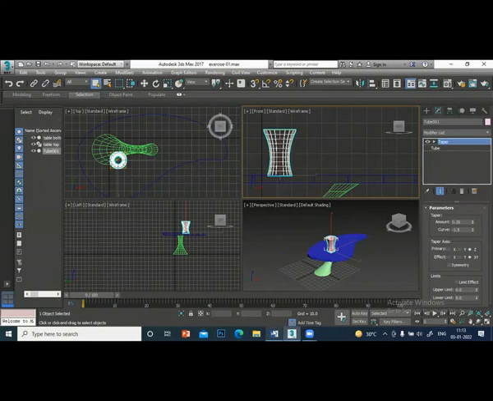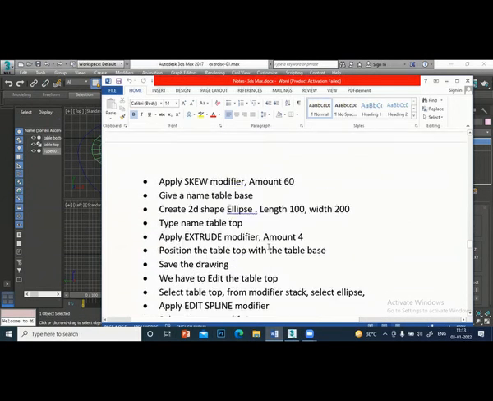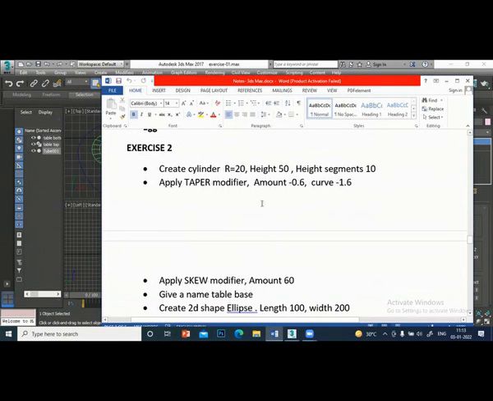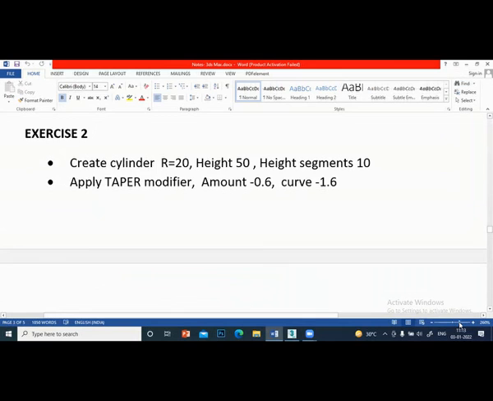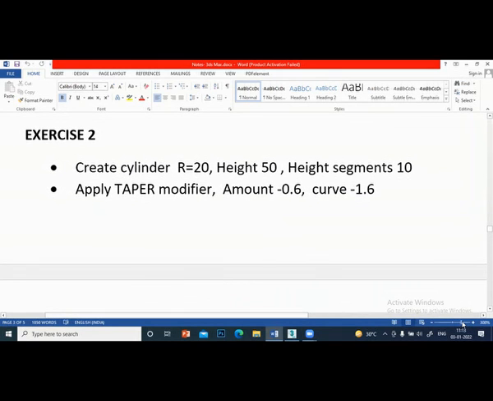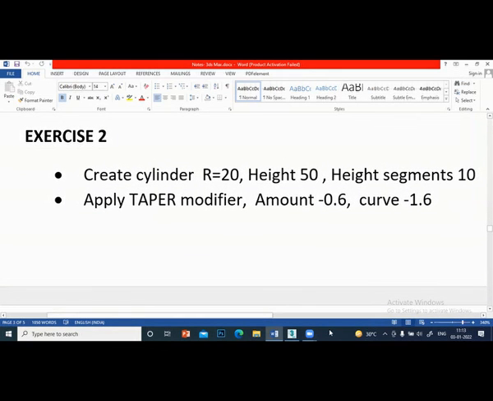See. So what are the steps included here? Okay, write down. Create a cylinder, radius 20, height 50, height segments 10. Then apply a taper modifier.